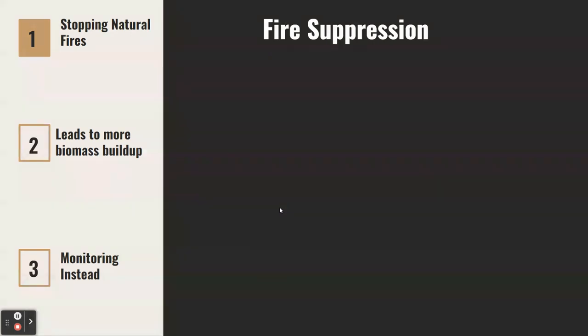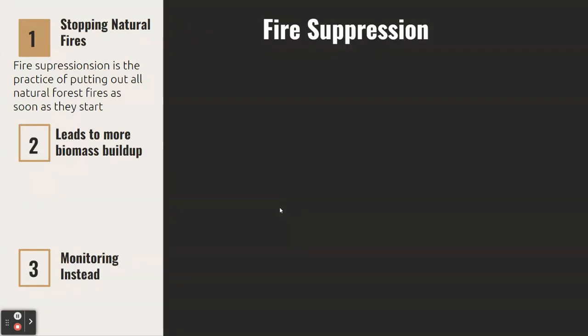And then one big thing we are going to spend a little bit of time here with is fire suppression, because fire suppression has gone through a lot of ups and downs, and we're starting to see some really severe forest fires, especially out west. One big reason for that is that we stop all natural fires. Fire suppression is just whenever a fire is started in the woods, whether it's through a natural cause or an unnatural cause, the immediate reaction is to go put that fire out as soon as it starts,